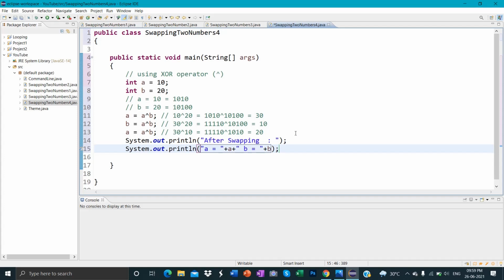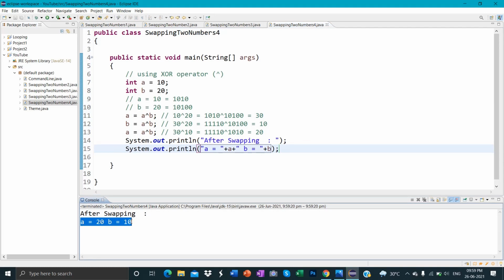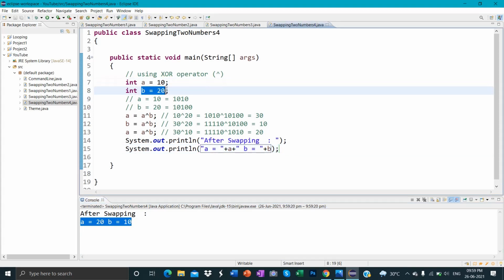So when we run this program, it will give us the desired output. See, after swapping, a became 20 and b became 10. And what were our initial values? a was 10 and b was 20.